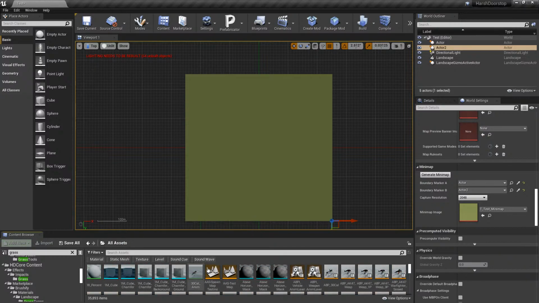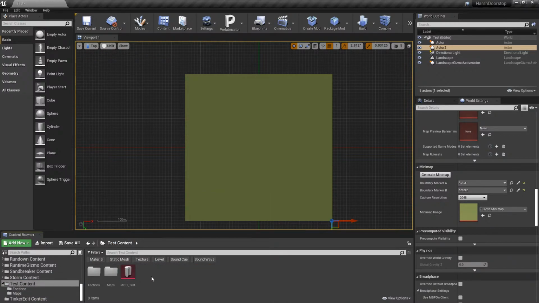And oh look, my project switched because I was going through here. Just keep that in mind. That is something that does tend to happen. So just find your, Jesus, I collapsed. Gotta exit out of that. There we go. I don't know why it's not selecting my, there we go. Alright, so once you're back into your project, you should be able to find the minimap that